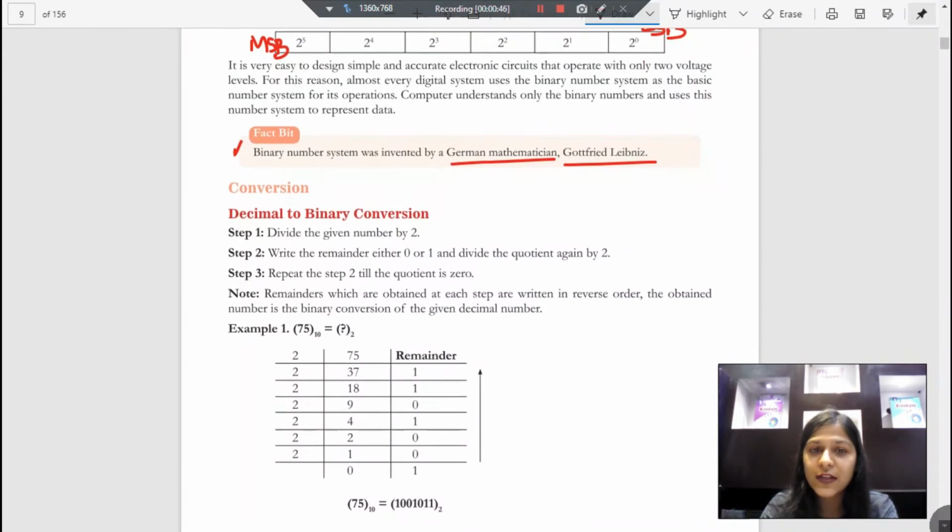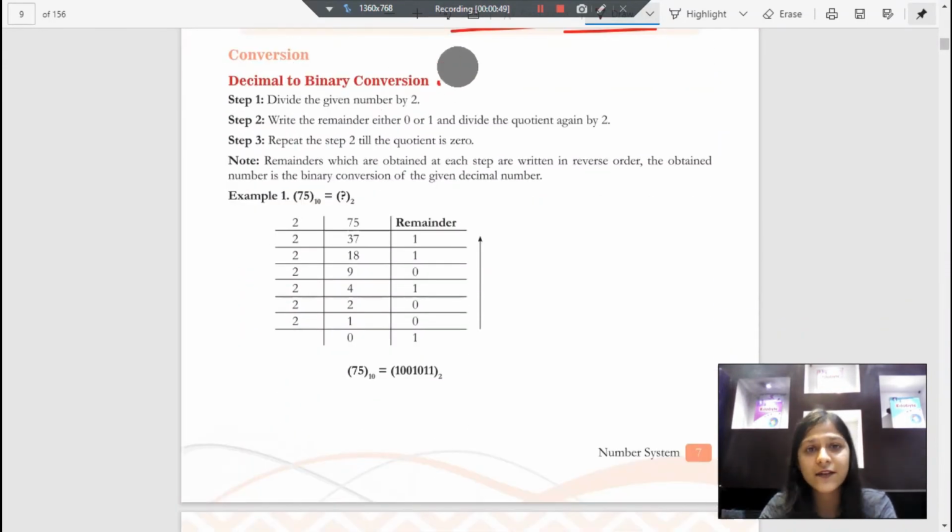Right. Now we will learn how to convert decimal to binary number system. So if we have a number 75, in the decimal system that we use, and we want to convert it into a binary number system, we will simply keep dividing the number by 2 and make note of our remainders each time. So let's begin. 2 into 75 will be 37, right? But we have one remainder. So 37 2s are 74 and then we have 1 as a remainder.